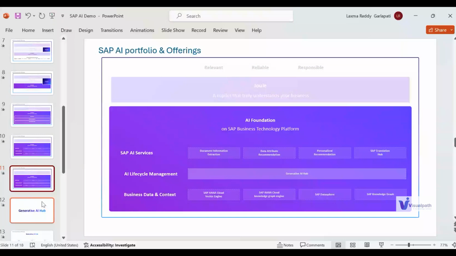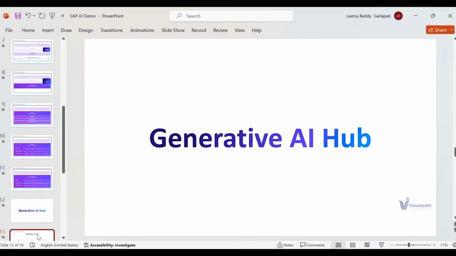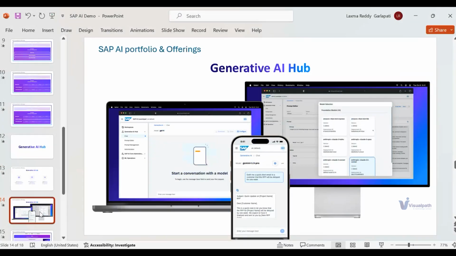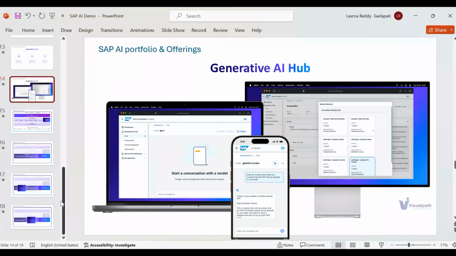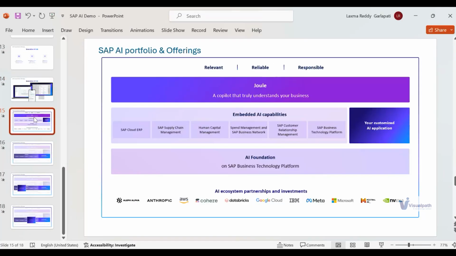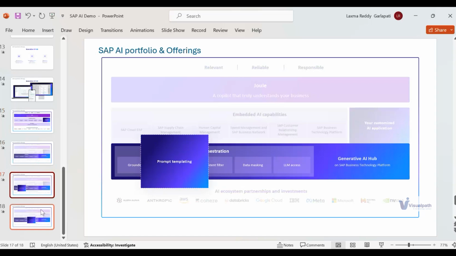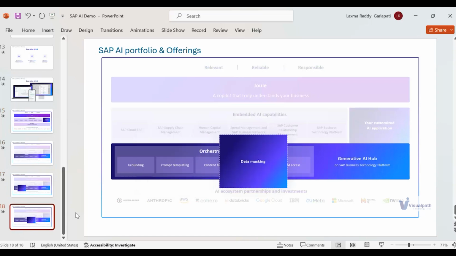So if you see here, this is about AI Foundation, and this is what I was talking about, Generative AI Hub. This is a pictorial representation of Generative AI Hub. There are multiple services in it, which we will cover, along with a couple of good use cases end to end. We could build and show you the steps required to build an application with Generative AI Hub end to end, the custom applications, and also embedded machine learning. We need to check the system availability, but I will connect with the team from Visualpath and check on that.